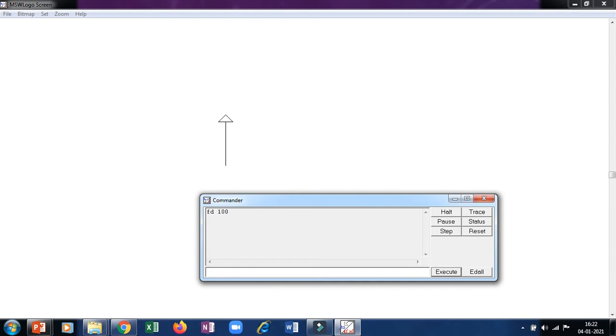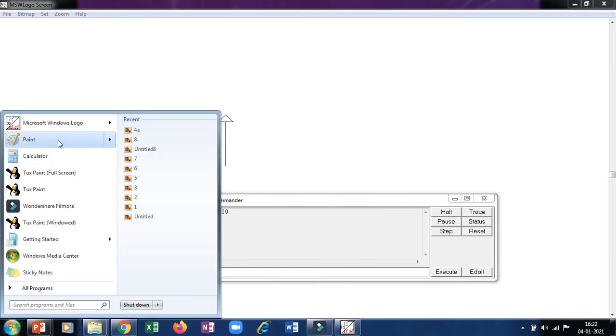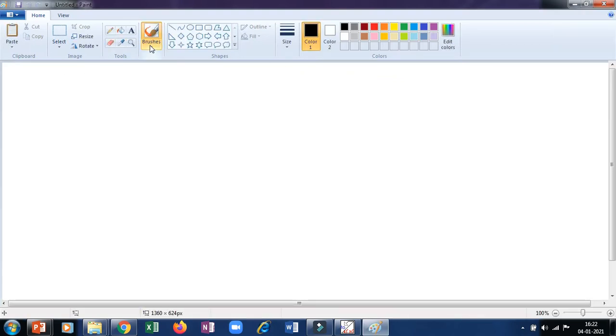Now if you want to make the thickness more, for example, I'll go to the Paint program and show you an example of the thickness. When you are using the brush, there is a size button. According to this size button we can increase or decrease the thickness. If I take the first one, the line is very thin.